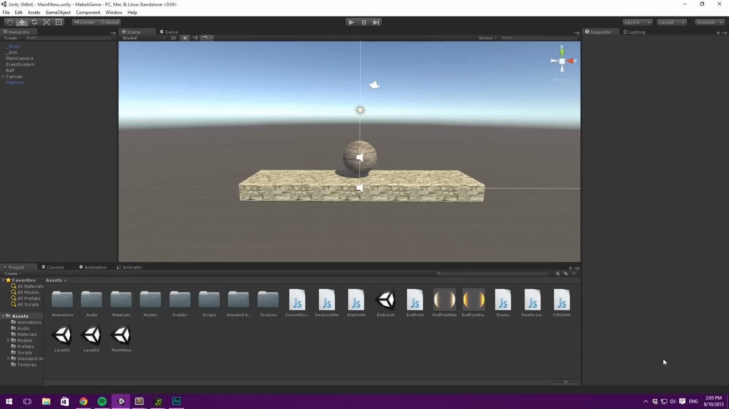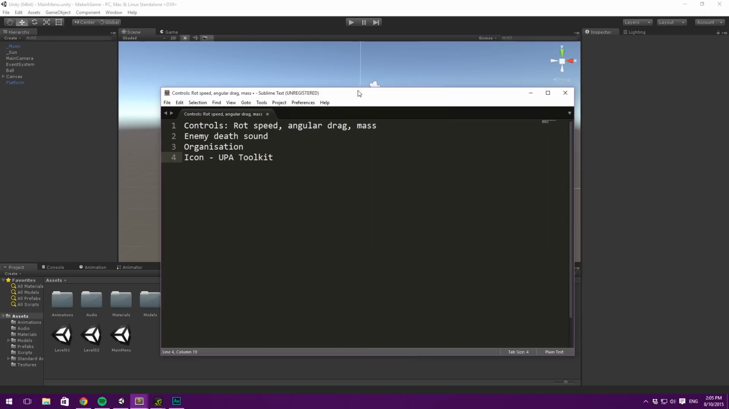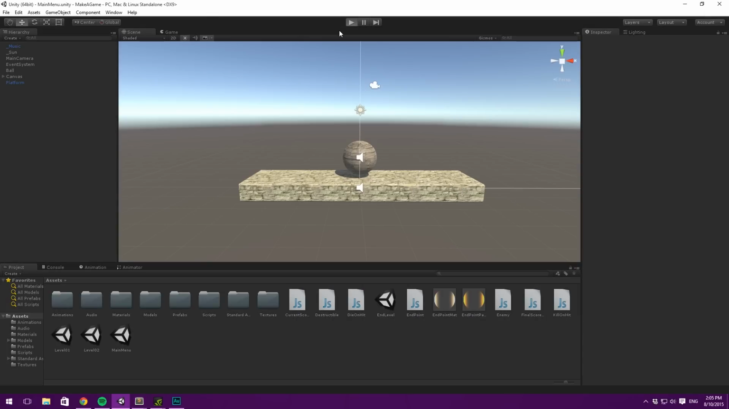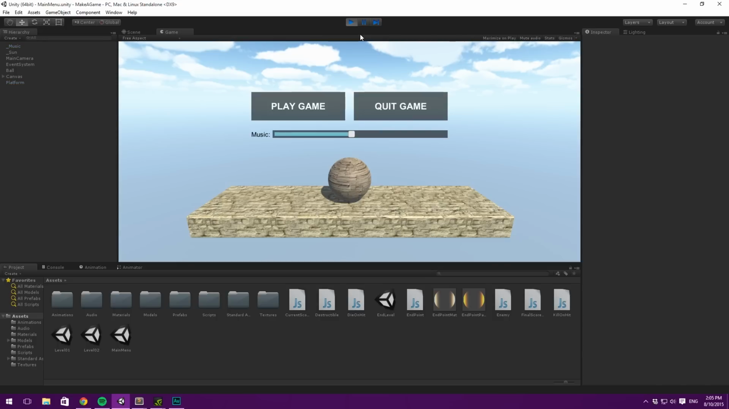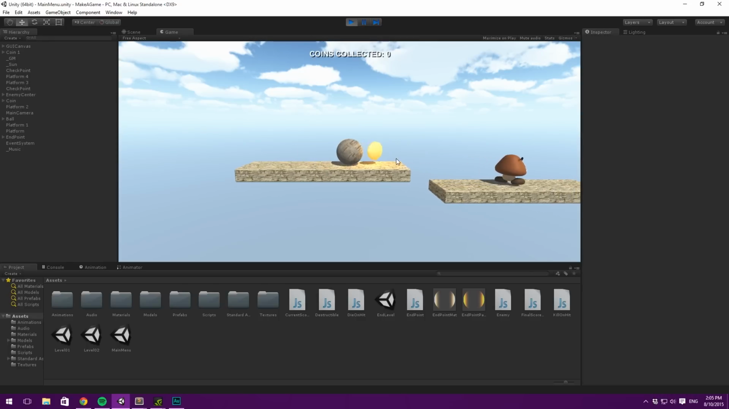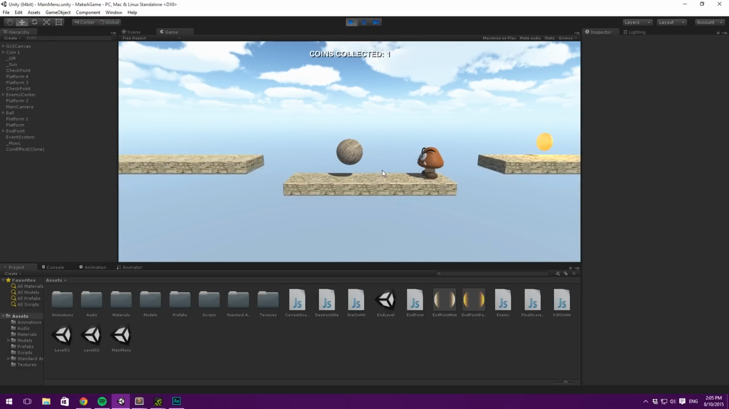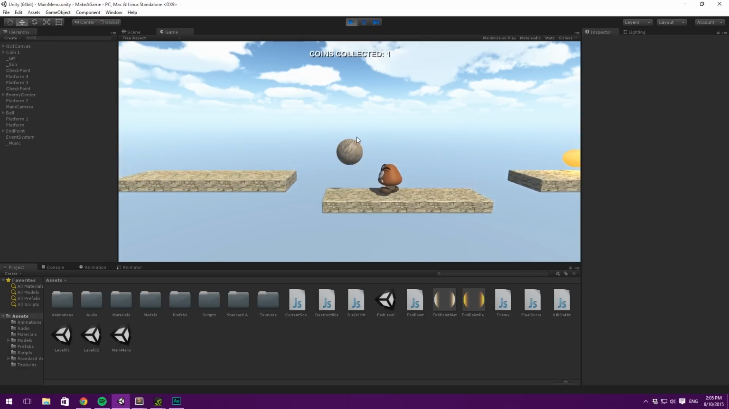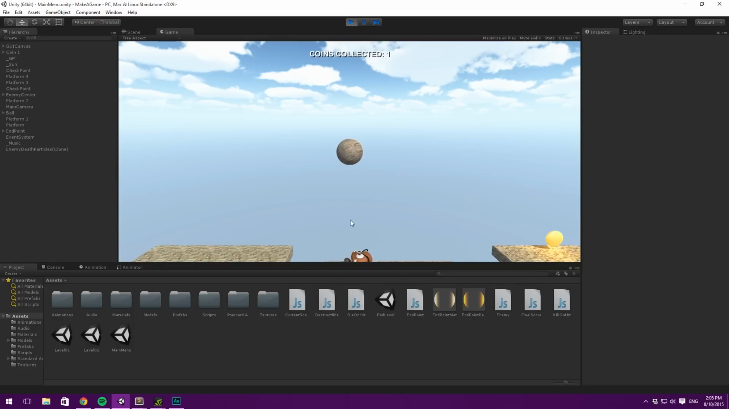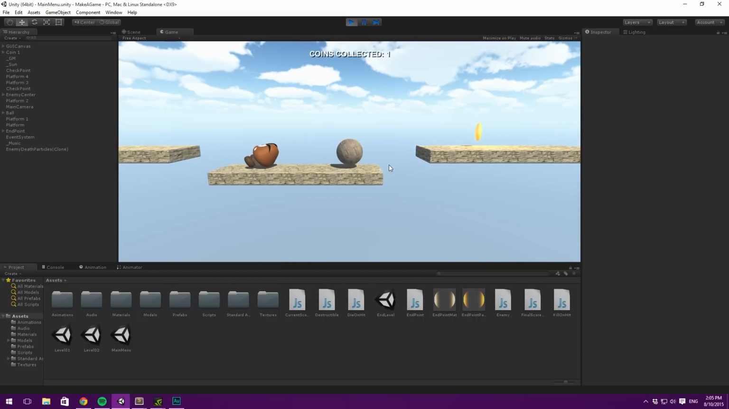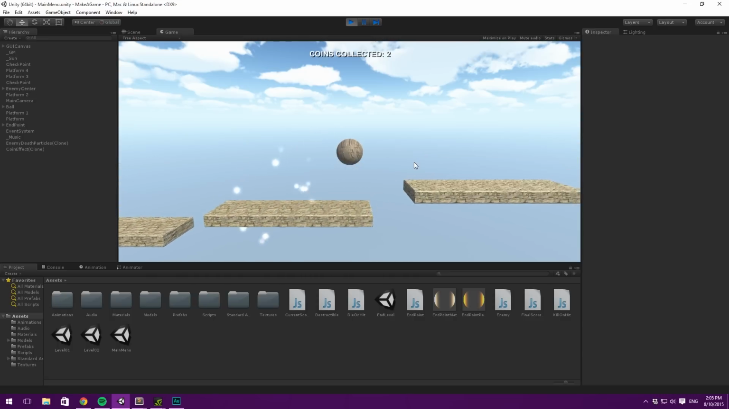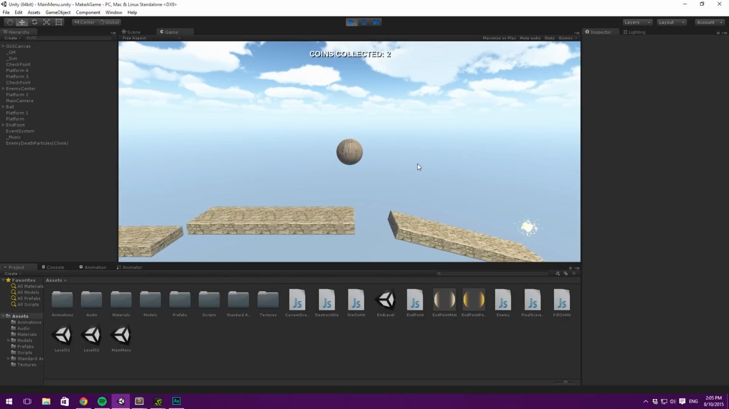Okay, so first thing on the list here is controls. So if I just go ahead and play the game right now and just turn off my monitors here so the music doesn't feed into my microphone. You can see that we have a working menu with a music slider and all that. If we hit play game, we can play through the game, and I've just made some very few adjustments. I've simply pulled apart the platforms a bit so the character doesn't get stuck between them. And also, you can see here, if we just complete this level,